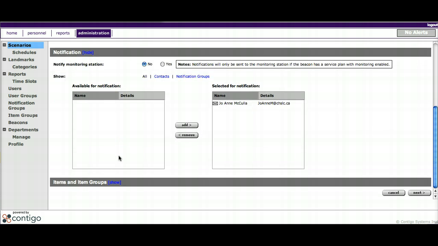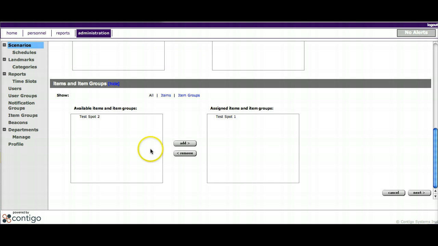Notifications. These are the people that are going to receive text messages or emails in the event that this alert goes off. Once you set up your users, you'll see a big list of people here on the left. You just need to highlight them and move them over to the right in order for them to be notified. And if you just go down a little further, items and item group,